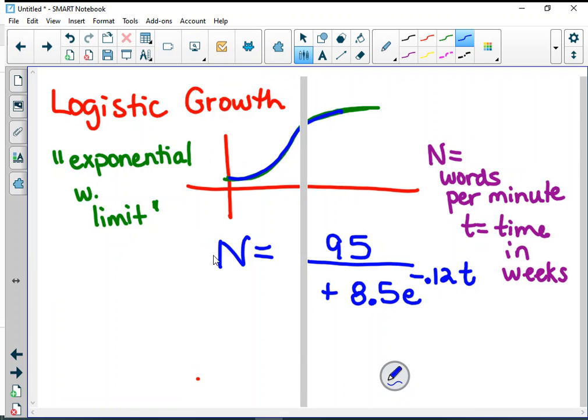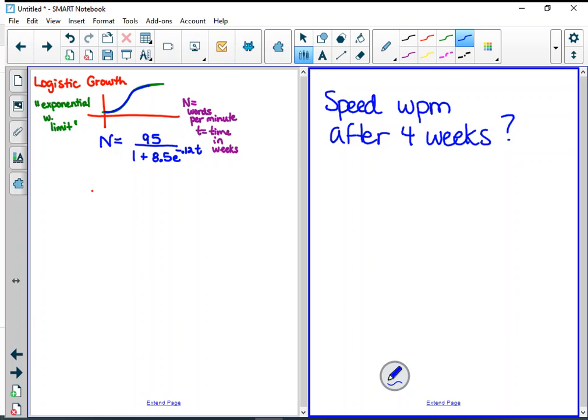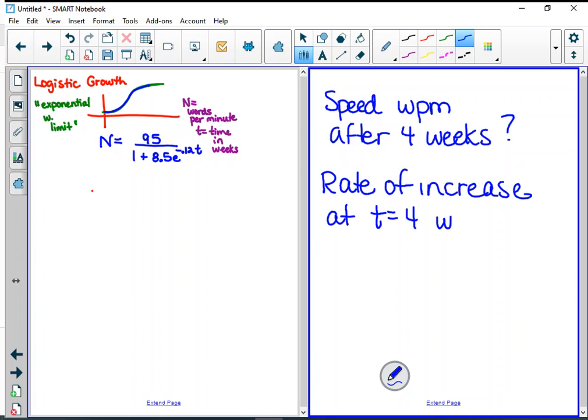Okay, so I want to figure out two things. I want to figure out my speed in words per minute after 4 weeks. And then I want to figure out the rate of increase. How is my speed increasing at t equals 4 weeks? All right, so the first one is N of 4,